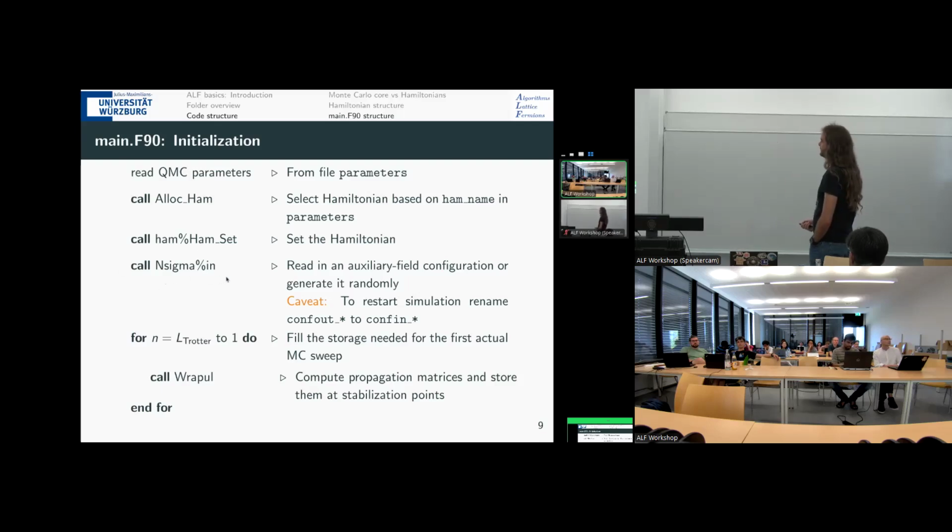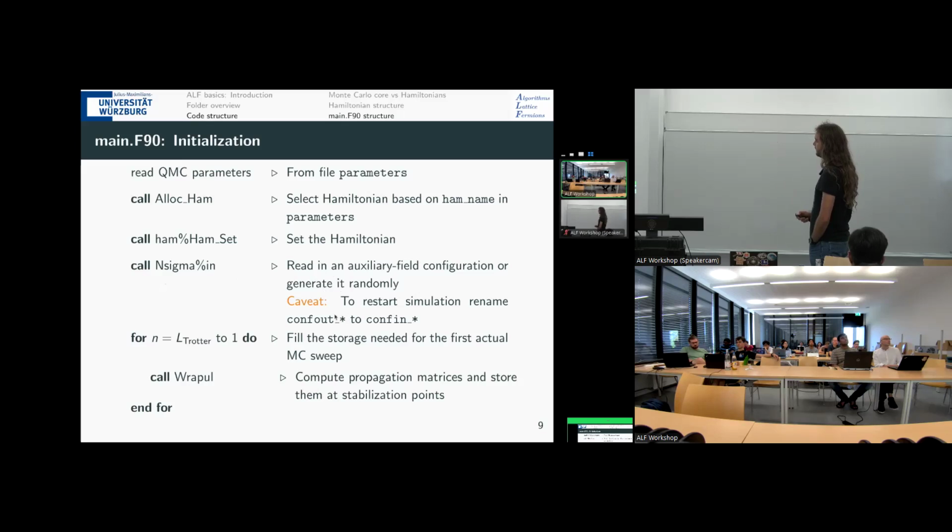Then the auxiliary field configuration either gets read in or is generated randomly. And this is always a caveat that you can't mention often enough for beginners, I think,